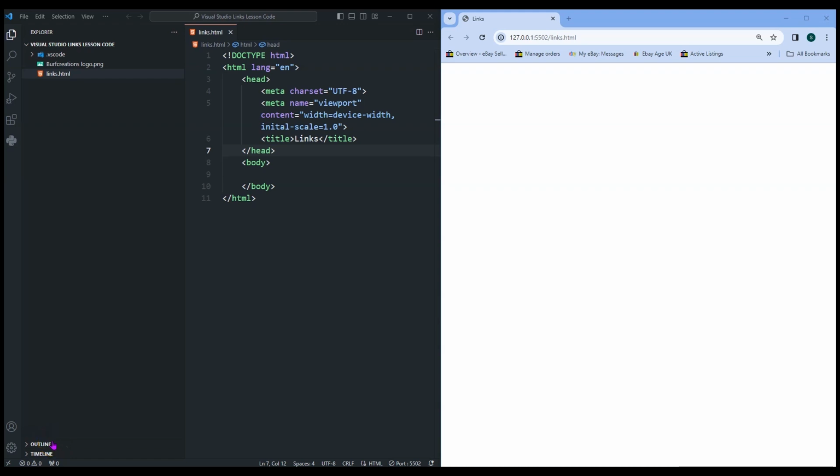Hello, and in this video we're going to be looking at the links and the anchor tag. So I've got my Visual Studio open with a basic start program. I've got my Explorer open, and in this tutorial we just need one image, and it's my Birth Creations logo.png. I've also created an HTML file which I've got open here, and I've got my live